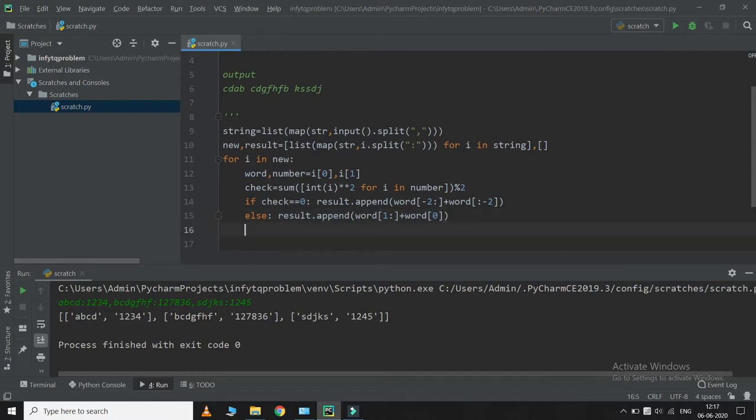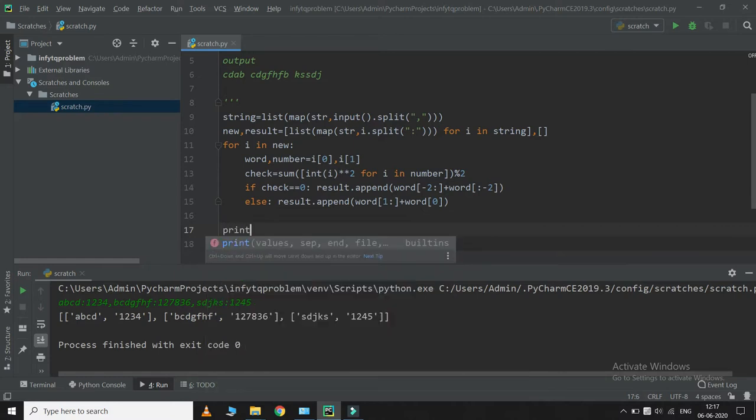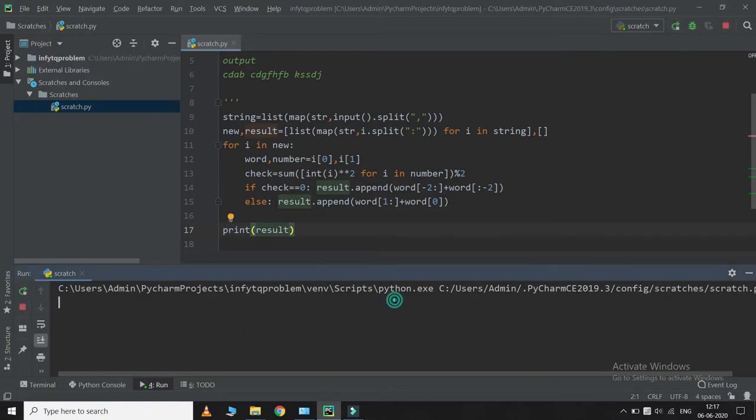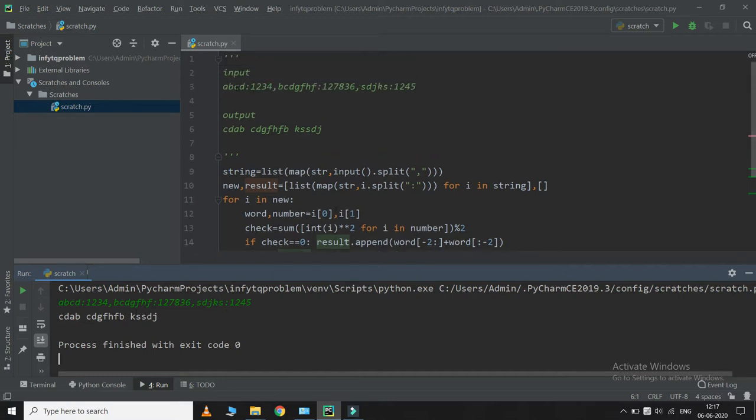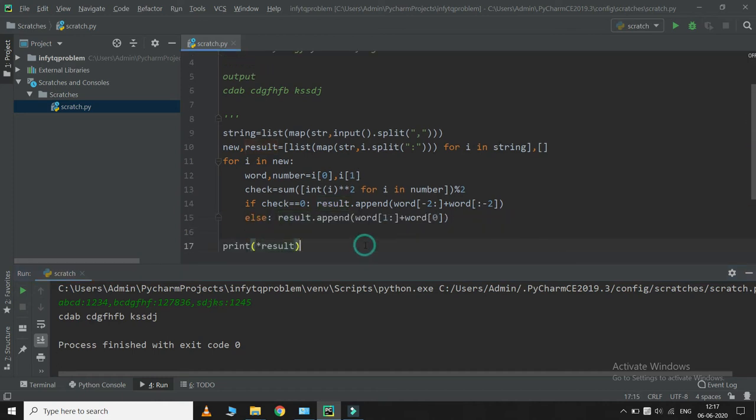So I'm going to show you how we'll get the list. I'm just printing the last list we will be getting in here. So okay, we'll be getting this. I'm just going to add an asterisk here, so we'll get output as desired. Okay, we get space separated values in here. So as you can see, our input is a b c d 1 2 3, this, and we got the correct output as it was asked in the previous exam.